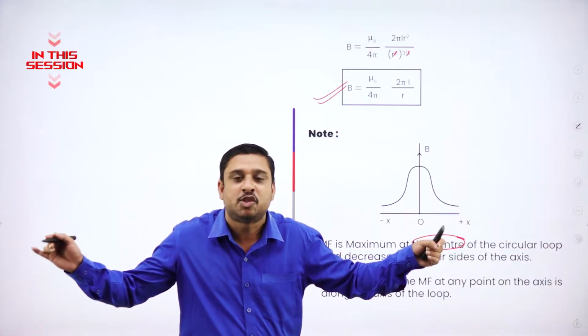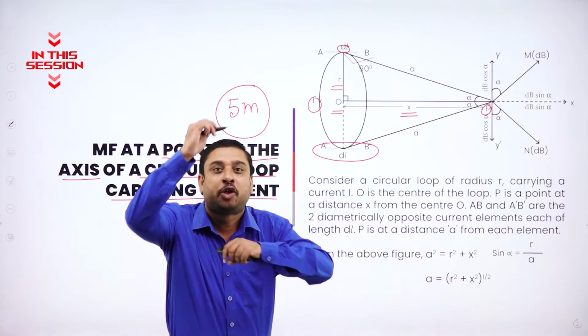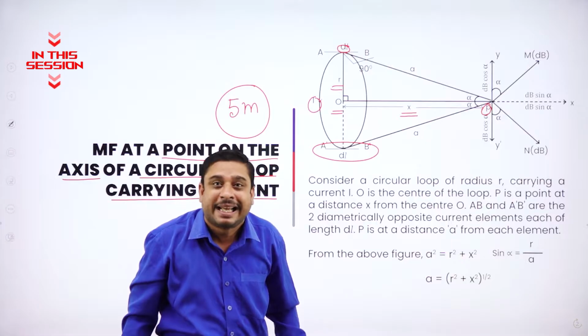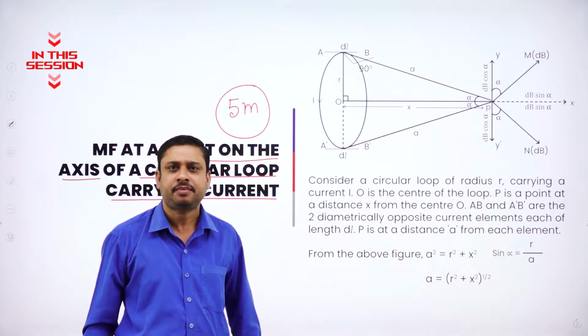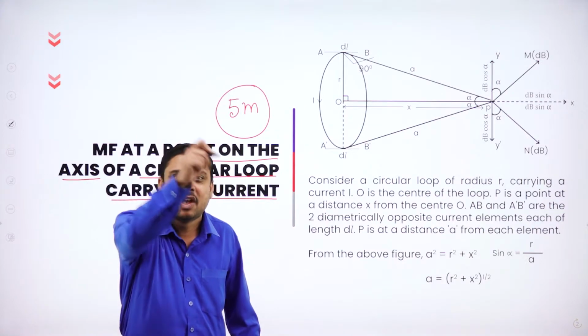On the two ends of the axis, magnetic field decreases. They are present on the two opposite diametric ends. So magnetic field at a point on the axis